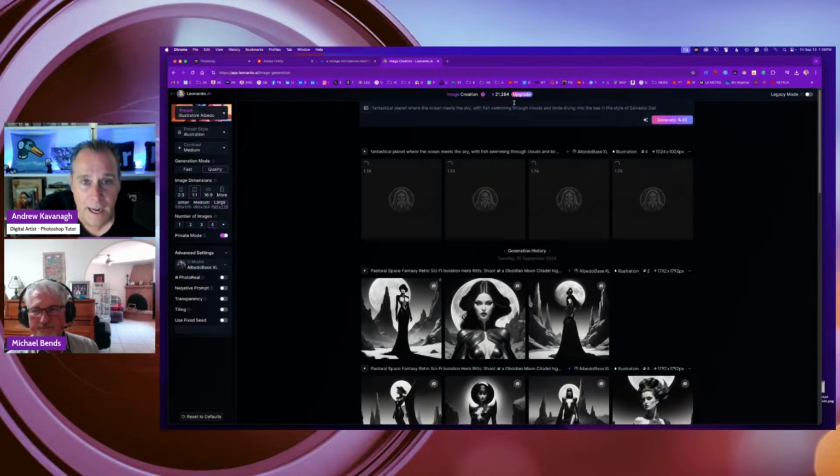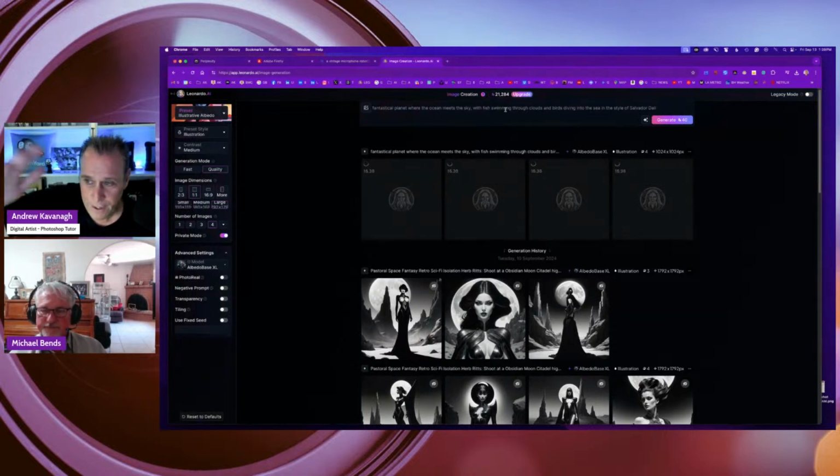As you can see here, I'm on the paid plan. I think I normally get 15,000 a month. I've been busy with other things, so I haven't been creating as much. The latest change they made is they do let you bring your tokens over. So I've got 21,284 tokens because it brought over like a month and a half of unused tokens.